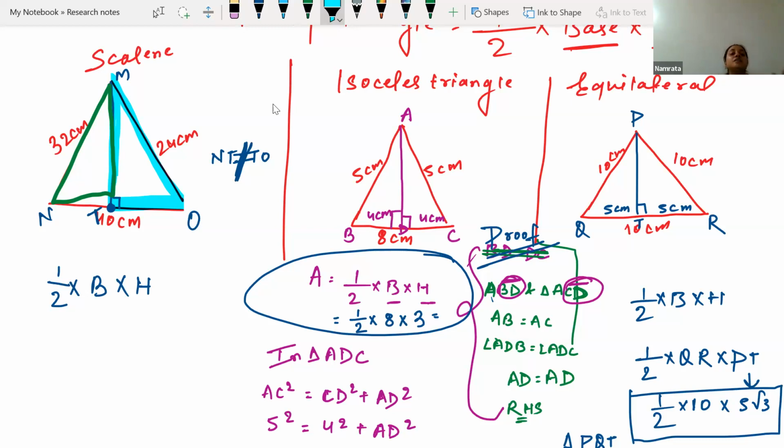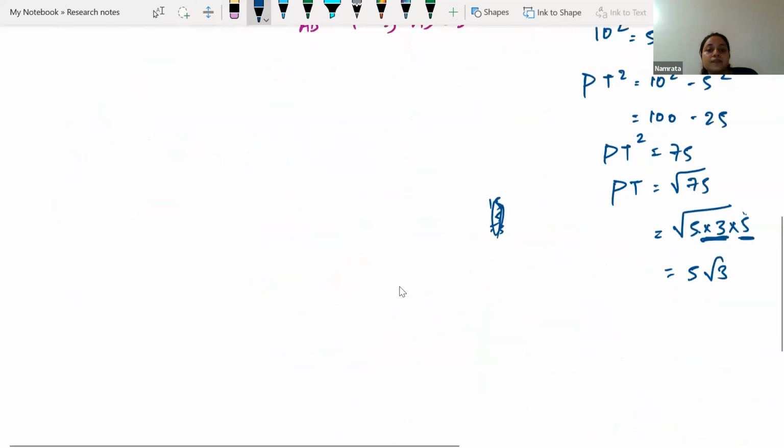Till now, we have used the formula 1 by 2 into base into height. Their height used to be given in the question itself. But when height is not known, it is not possible to find it by using the measurement of the three sides. So Heron's formula is